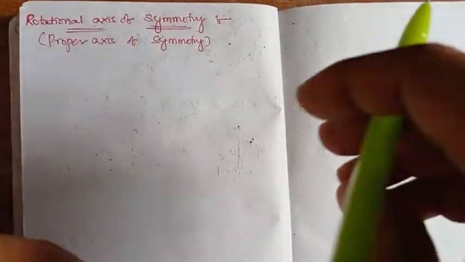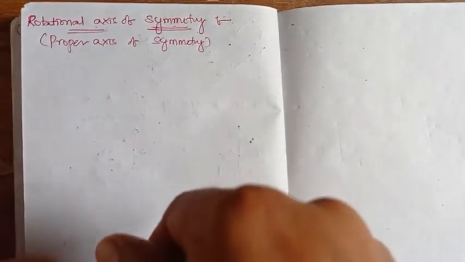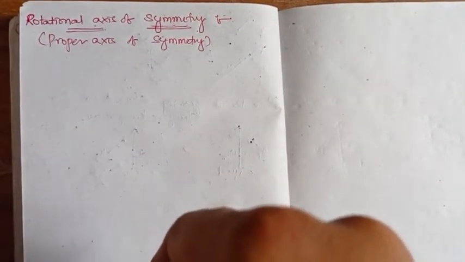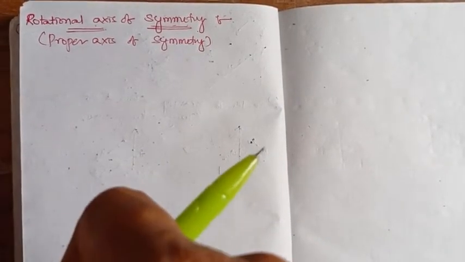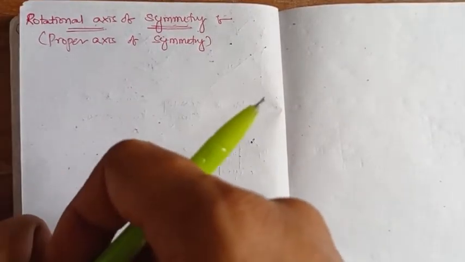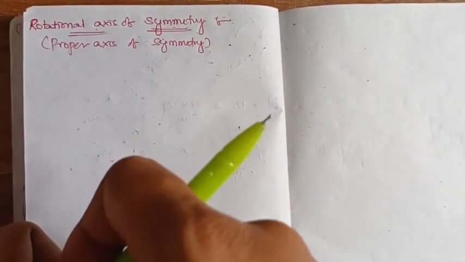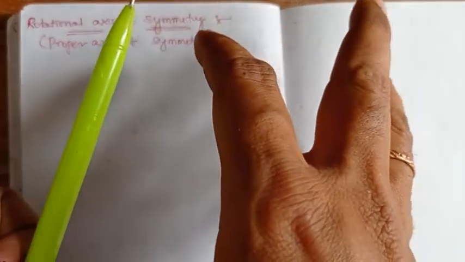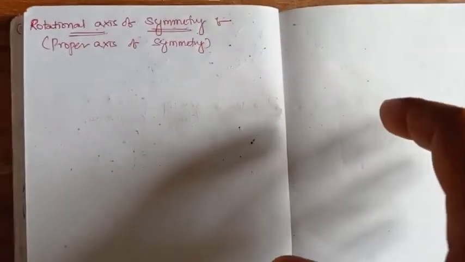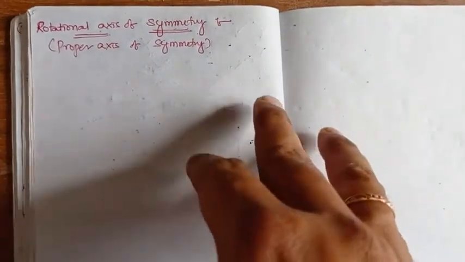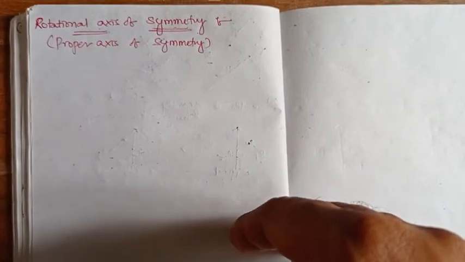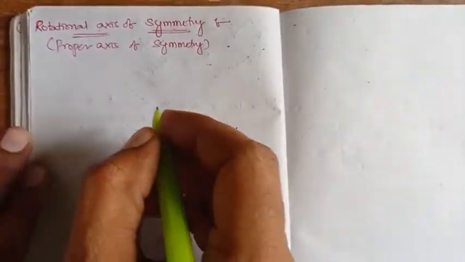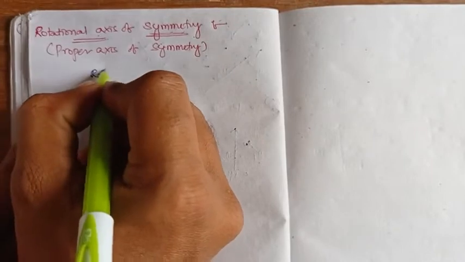Hello everyone. In this lecture, today I am going to explain rotational axis of symmetry, which is also called the proper axis of symmetry. In the last few lectures, we started to discuss symmetry in molecules, which has five types of symmetry elements, in which the first symmetry element is the rotational axis of symmetry or proper axis of symmetry, right? So this can be defined as rotation